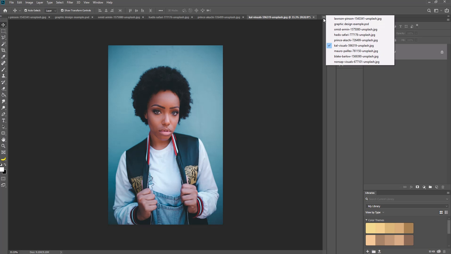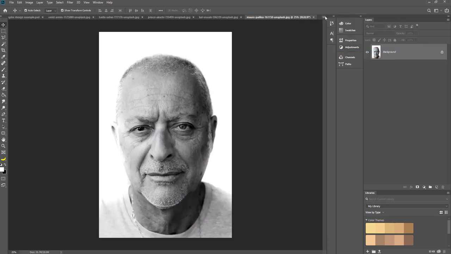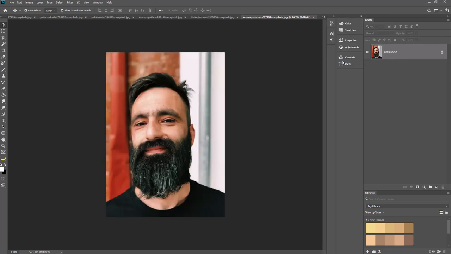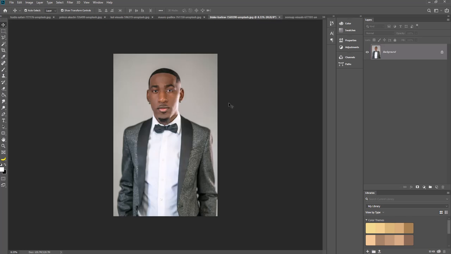We've got this woman here. We have this man here. We have this man here. And we have this man here. Now, in looking these over, I liked this one best for the overall. We get enough around his face that we get his full head and everything. There are a couple others where we're getting the full head, but I like this one as a good starting off